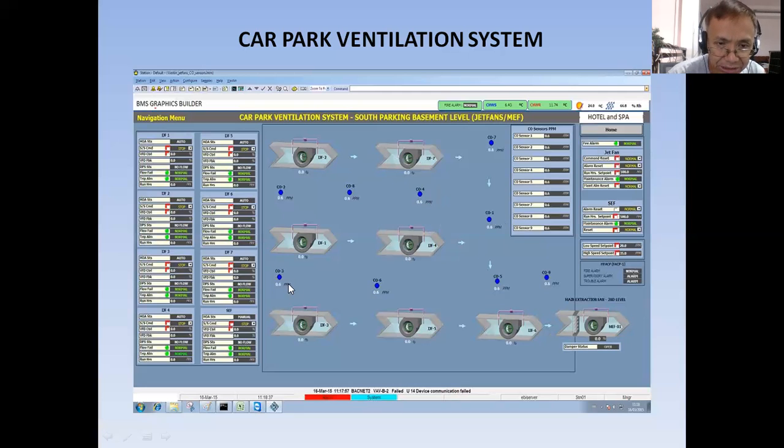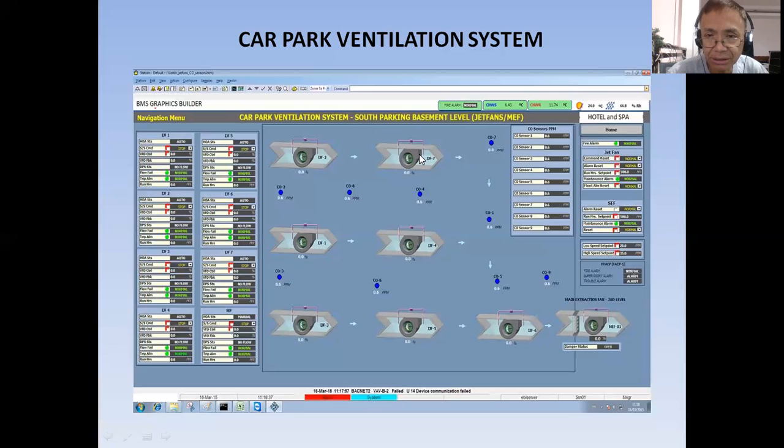Likewise, if there is 30 ppm and above from the CO3, jet fan 1, jet fan 4, jet fan 3, jet fan 5, and jet fan 6 will run at high speed to push this CO concentration out of the area. So that's how it works. So that is normal ventilation. Now, the air change should be around 6 air changes here. I already explained what air change is in my previous tutorials. That is the one scenario, the normal scenario.